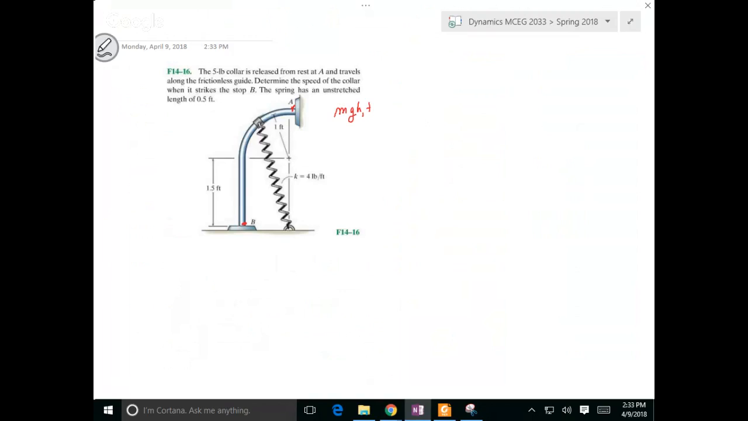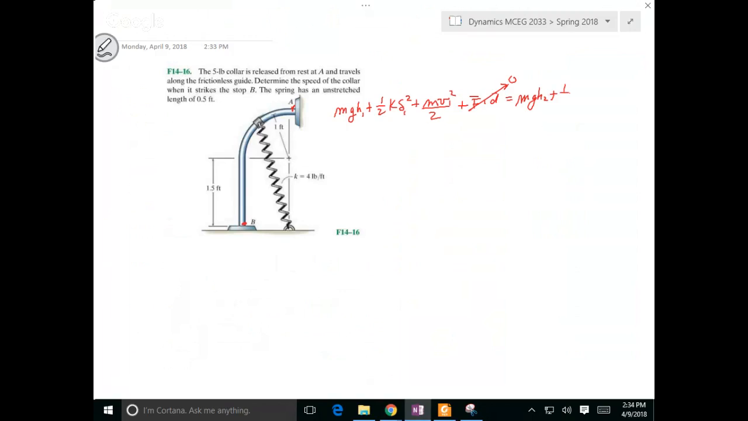MGH1 plus... there's no spring. Yeah, what am I saying? There is a spring. 1/2 K delta squared plus 1/2 MV squared. There is, but I'll include it. There's no friction, equals